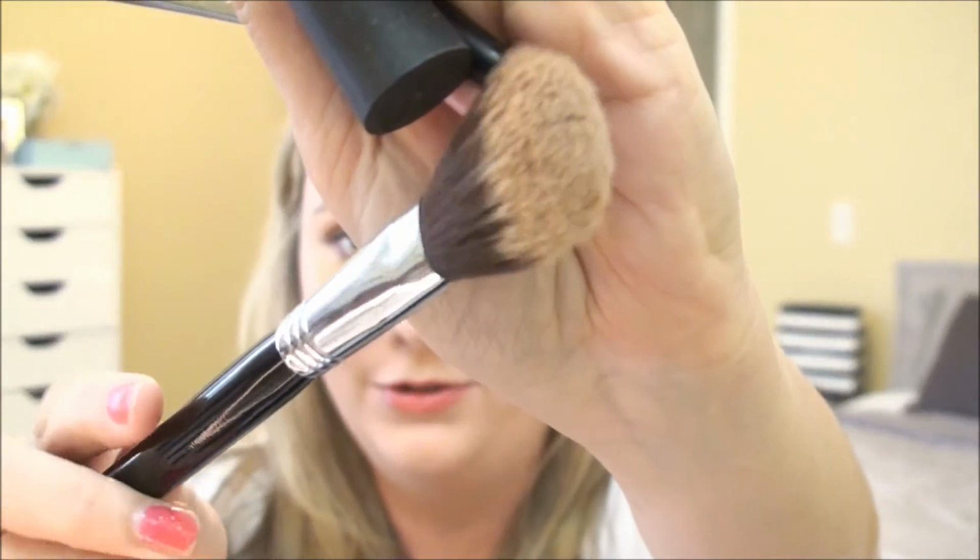These are my Ride or Die brushes. Of all my Sigma brushes so far, this is my favorite one. This is the Sigma Large Handled Angled Contour F40. Man, I just keep throwing this thing around. Okay. F40 Angled Contour Brush, and that's exactly what I use it for. Contour. Put the contour in there and just...